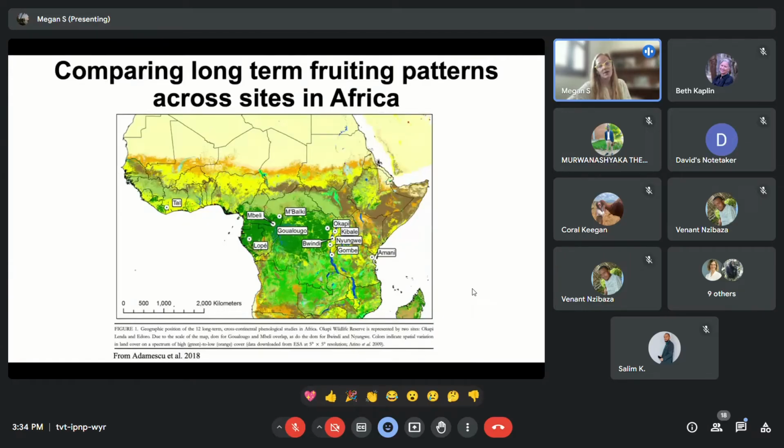There's been a lot more data collected since that study came out, so we could clean that up, incorporate that, and then probably look at some long-term patterns and maybe try to tease apart the drivers of different long-term patterns, like fruiting declines versus gradual increases or stable fruit production that might be occurring across these different sites.